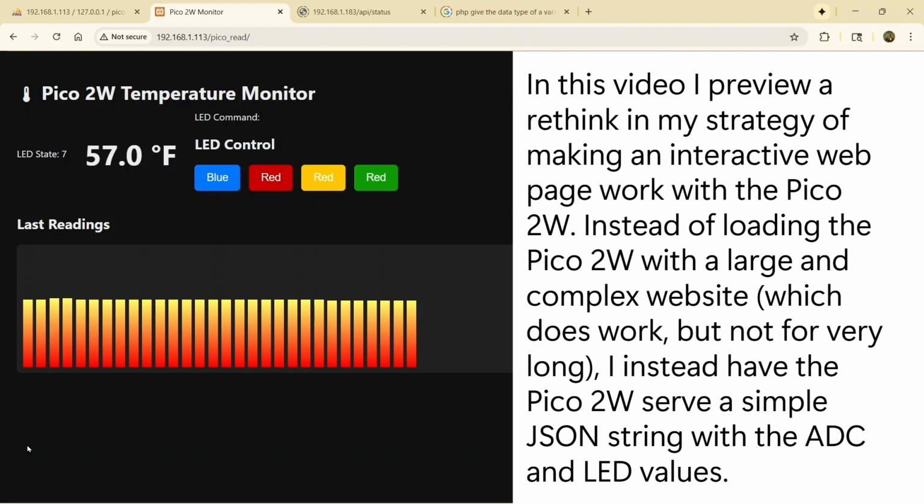Now, the web page itself was rather complex. It had an index.html, a CSS styles file, and an app.js JavaScript file, and I was pretty proud of it. It looked great, and it did work somewhat. The somewhat part was that it was just too much. It was just loading the Pico 2W, and